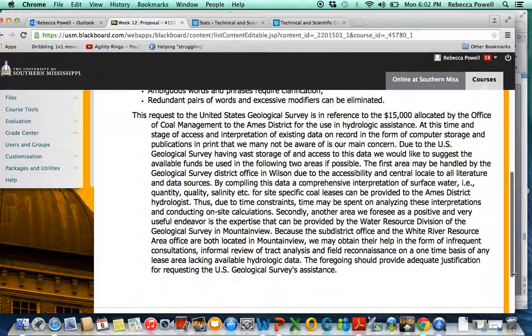You'll get more info on what exactly I expect from the proposal, what it will look like, and how you'll be graded, which will be half on group work, which is your participation in the group that can be documented, not what you say you did, but what you can actually show me that you did and what your group members say that you did. And then the actual proposal.